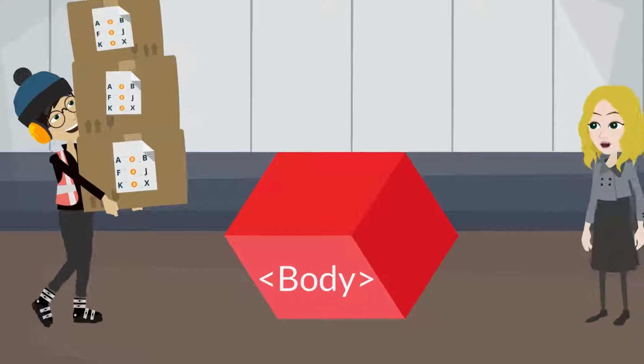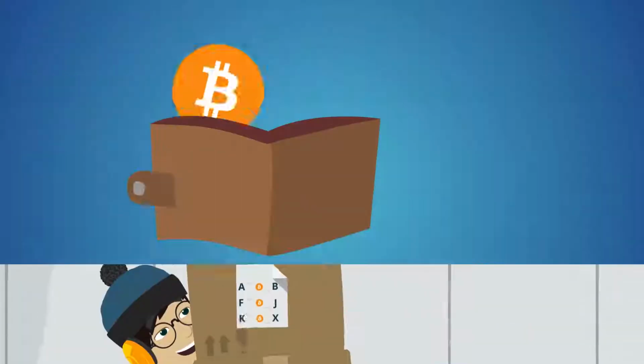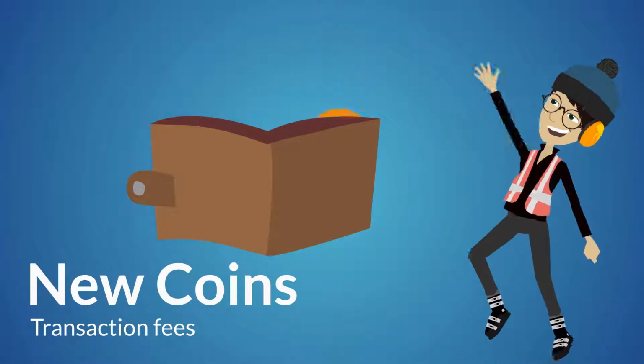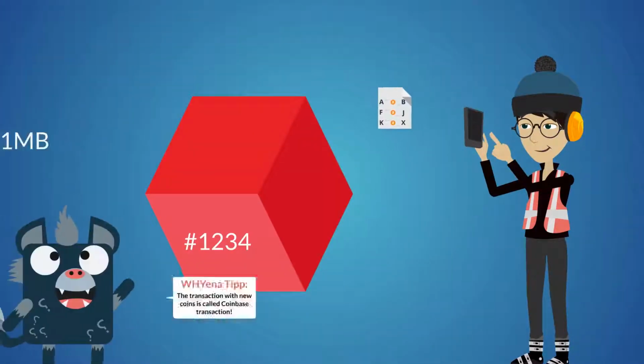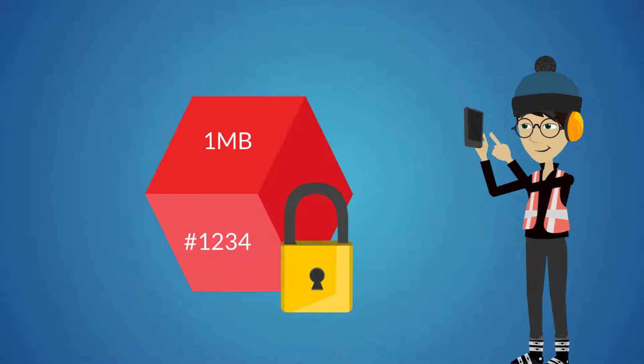The blockchain body contains Bitcoin transactions picked by the miner. They will add one transaction of their own to the list to receive the collective transaction fees and the newly mined Bitcoins. Miners will put as many transactions as possible into the block until the block capacity of 1 megabyte